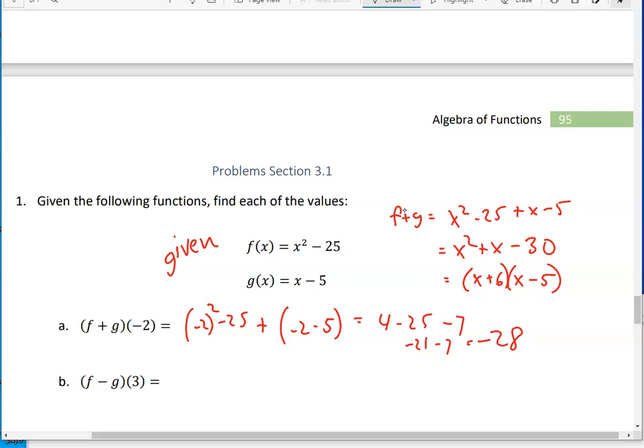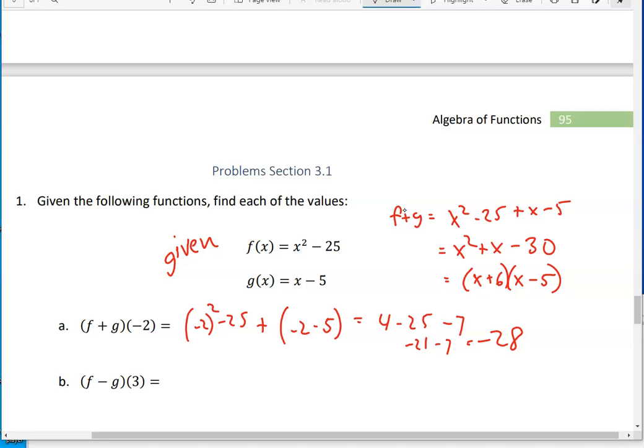Well, let's just test it a different way. I combine them. I also see that I get 4 minus 2. That gives me 2 minus 30 gives me negative 28. So negative 28, either plugging negative 2 into here, or plugging negative 2 into the two separately. Usually, when they only want a particular value, unless you like going through the work of doing all the combinations, f of x minus g of x,